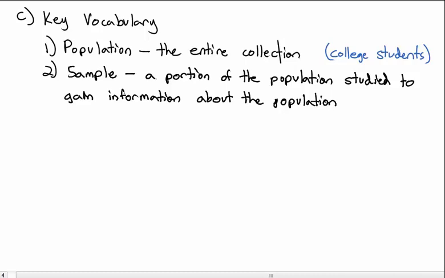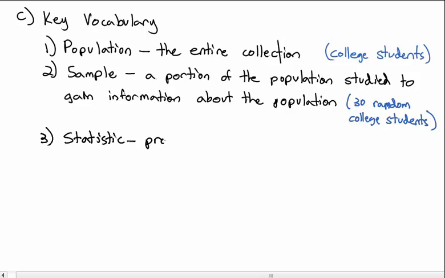So if we're talking about all college students as the population, a sample would be 30 random college students, I should say. So that's a sample of the entire population. And we'll talk about this idea of random in a little bit. So we collect a sample, these 30 random college students, and then we will calculate what is called a statistic,